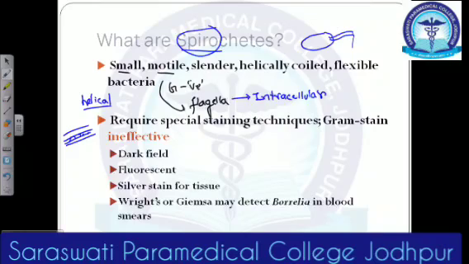But they cannot be stained using normal gram stain. Usually we need to visualize them in dark field or fluorescent microscopy, or using silver stain, right? If you stain them with Giemsa stain, they can also be seen. Here Borrelia is a type of spirochete. We'll be talking about it later. In the case of Borrelia, we need to use Giemsa staining, but we shouldn't use simple gram staining to look at them.